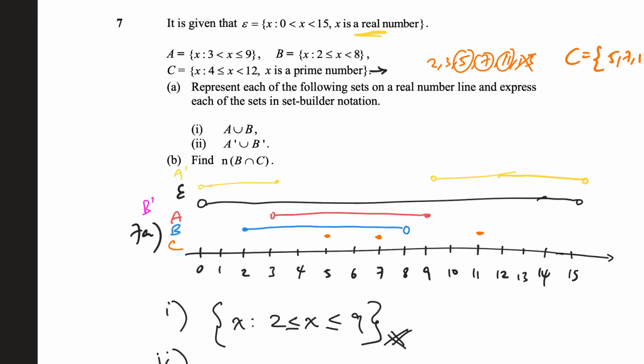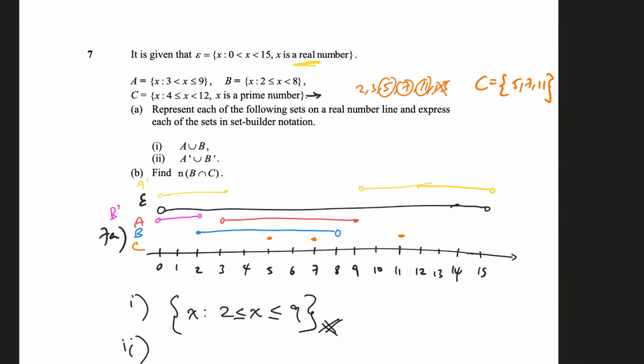I'm just going to write it here, where B prime is simply this, right? Because look at the blue one now. So blue, B includes 2, so I don't include it. But everything else goes. And B prime, so B, look at the blue one again, B doesn't include 8, so I do include it, 8 onwards. Then of course, I don't include this because my universal set doesn't include it either, so I can't have it. So that's B prime. So now that I got A prime and B prime out, I'm looking at them union,